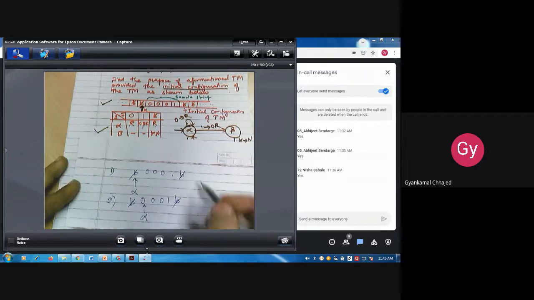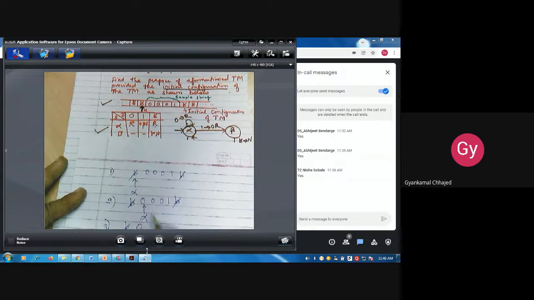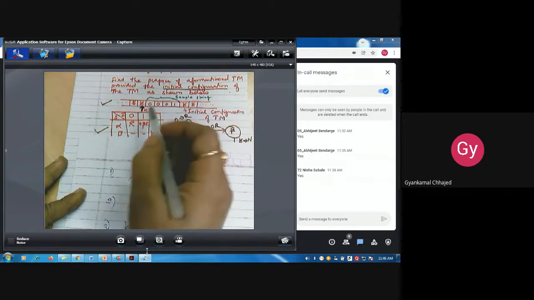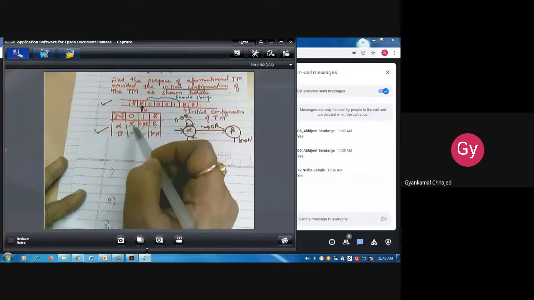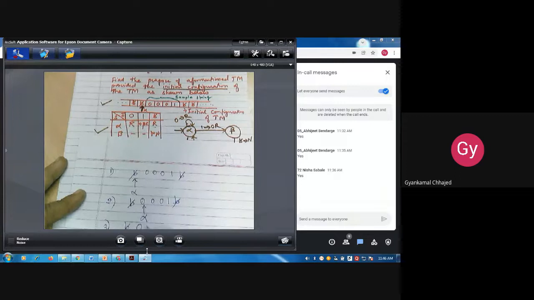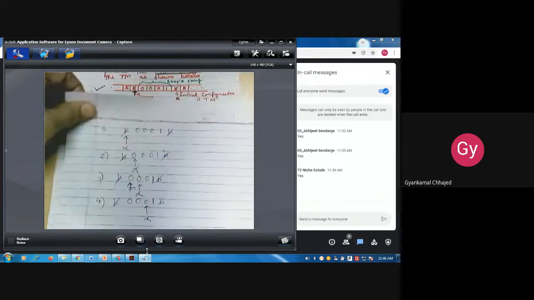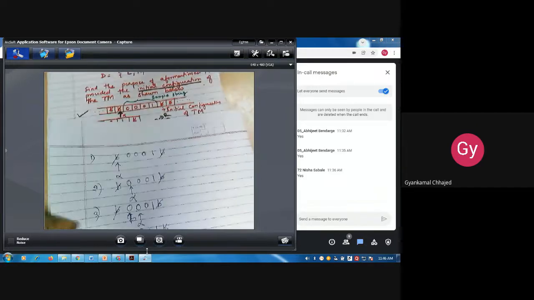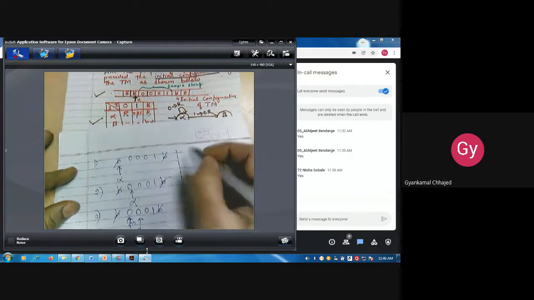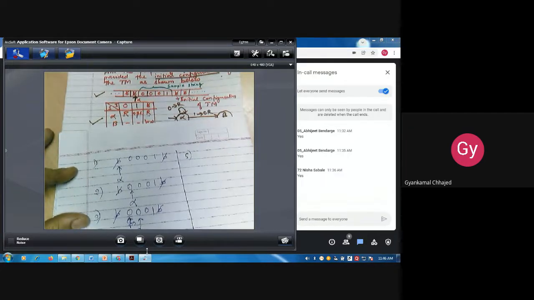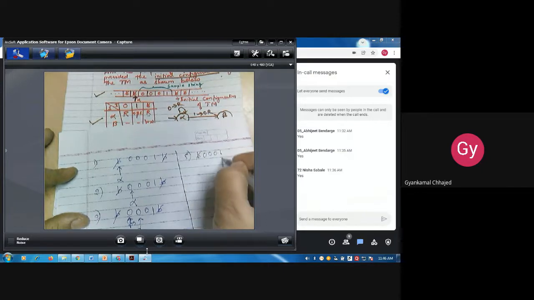Next, we are reading 0 with the alpha state. See here, alpha state with 0, again it is moving towards right. So your head will be moving towards right, moving here, and the state remains the same. In the next move you have 0, 0, 0, 1 and blank. So again it will move with no change in the state. Now next,